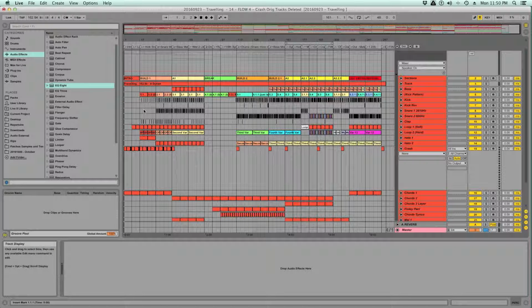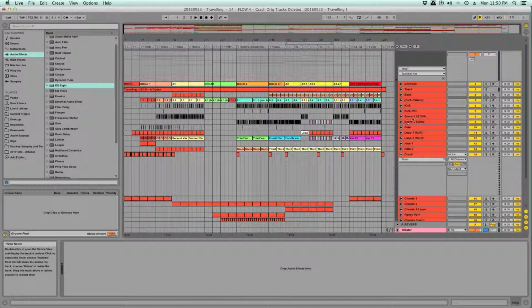There's like 5 variations of the snare. Like there's really only 2 properly different snares, at least, and there's also EQ variation on the loops,